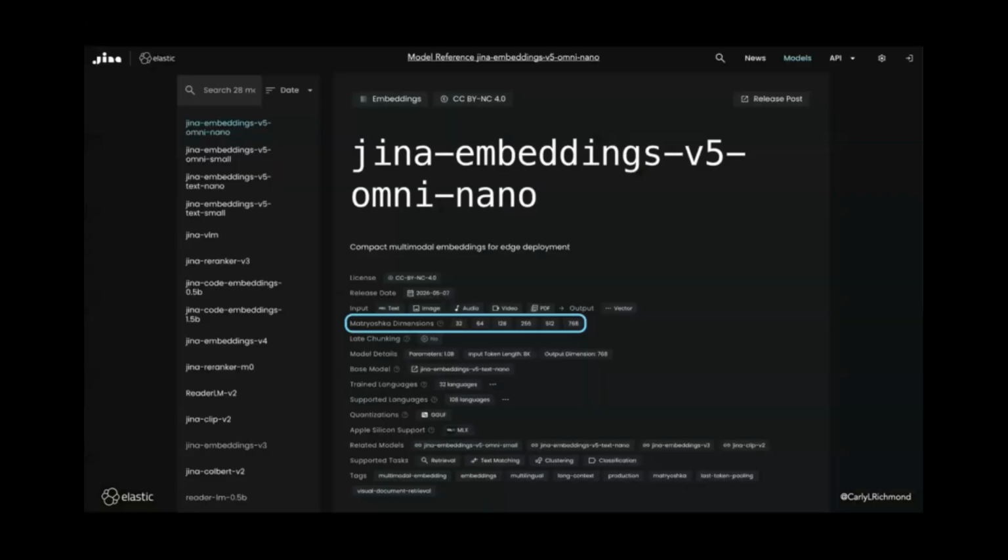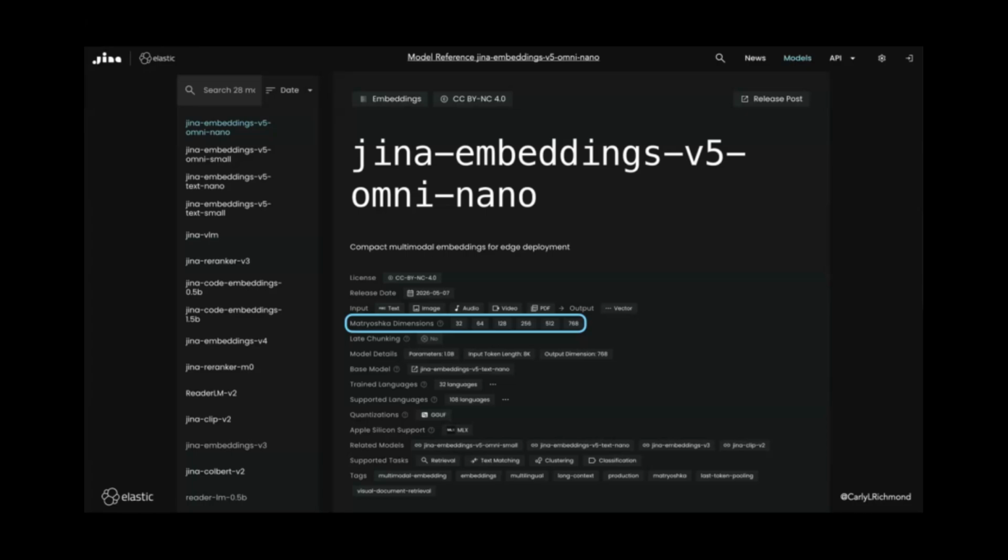The gotcha that you have with some of these is that you basically need to truncate to a compatible level of dimensions. Otherwise, you're going to have an aspect of loss and performance degradation. So this is an example here of the Jina Omni Nano version 5 model that came out back in May. And you can see here that it's supporting Matryoshka dimensions from 32 ranging all the way up to 768. But again, if we already have the situation of embeddings already been generated, there might be situations where we don't want to pivot to a different model and consider using these ones.